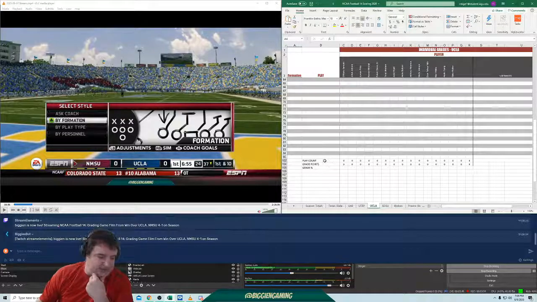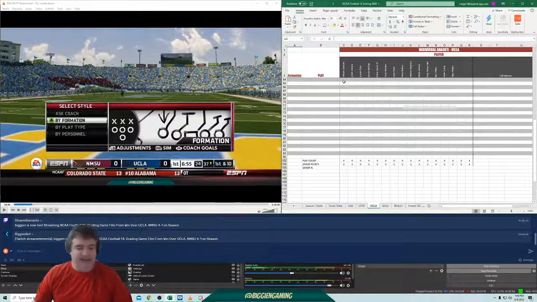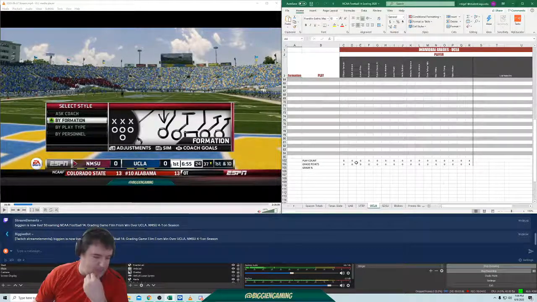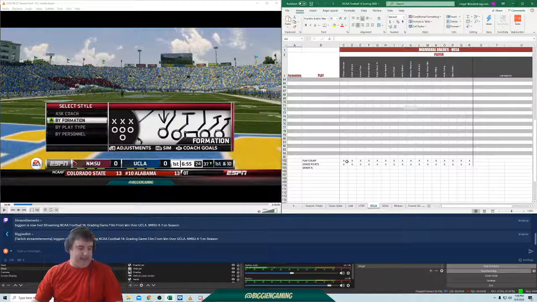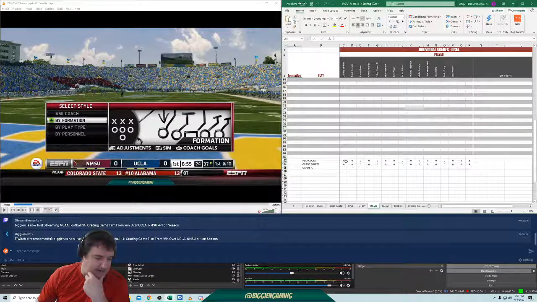Okay, so what you see here is we have what's called play count. As we add the numbers up, okay, let's say that Amari, we see how many plays we've played. Amari, Jonah will be in every play. He should have 80 plays as an offensive quarterback. Okay, we take the play count. Okay, we then have a system where it times the number of plays by 2.